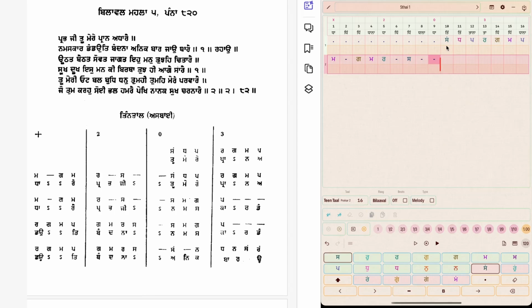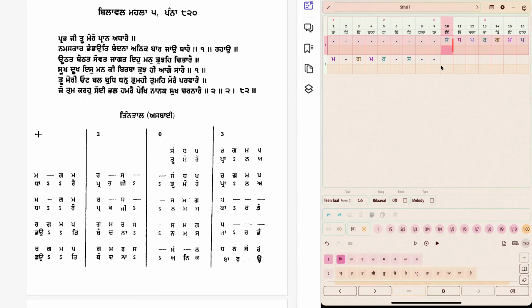Okay, so far we have entered the musical notes. Now let's try to add the bani. So you'll see if you tap this cell below the note, because it's not a pure melody, you will see the keyboard with the shabad automatically gets highlighted. So what it means is,